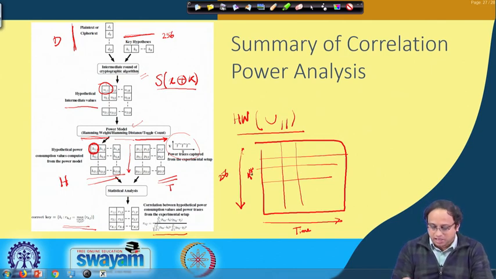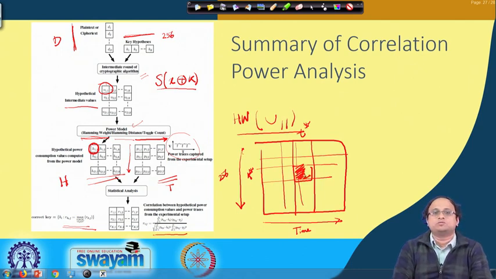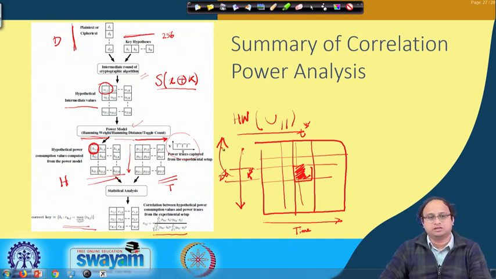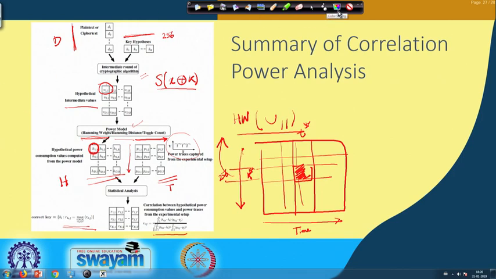Note that the operation because of K star will not correlate at all time instances, but rather it will correlate at a specific time instance, say T star, and that is my point of interest. The assumption is that this value will be the maximum value. So I try to see this matrix, find out the maximum value, and return the corresponding index as my correct candidate key. That is expected to be the correct key. So that is pretty much what we had to discuss here.